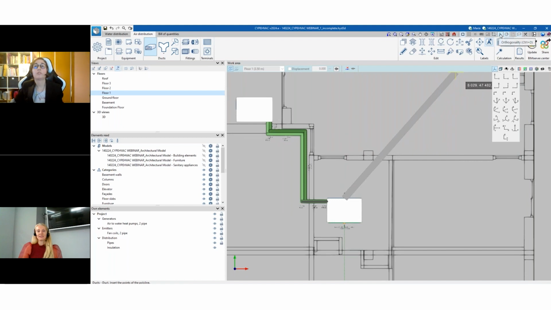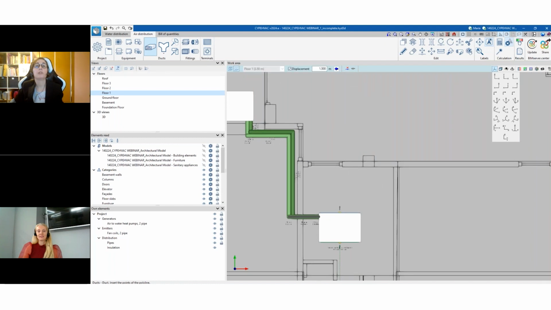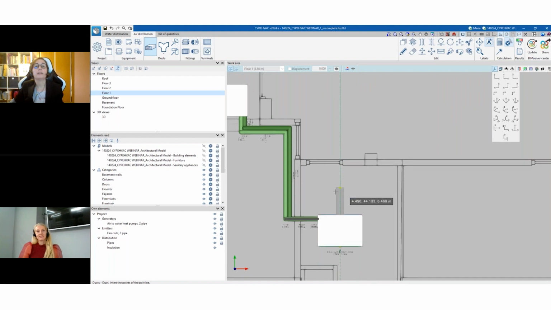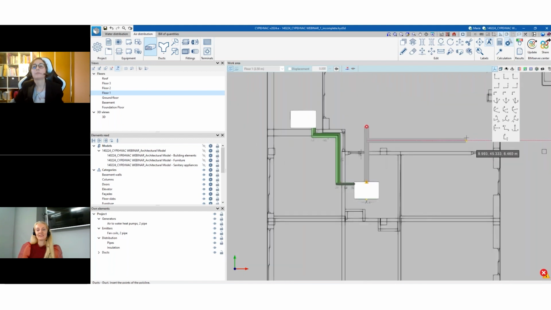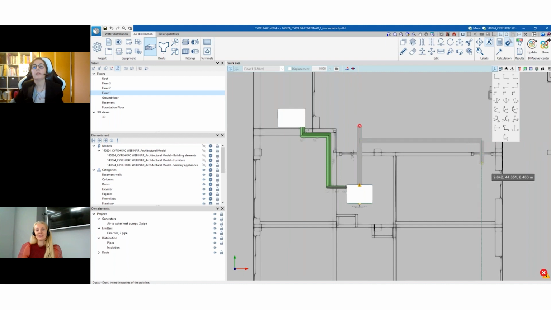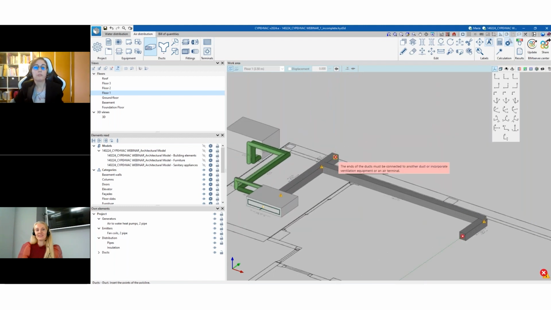I can, of course, activate the orthogonality button and continue inserting the elements. For example, well, let me keep it like this. I can insert the different elements, and let's click it because I want to keep this height. So for example, from here to here, then I can click there and there. When I finish this, you can see that I, of course, have errors and warnings, but